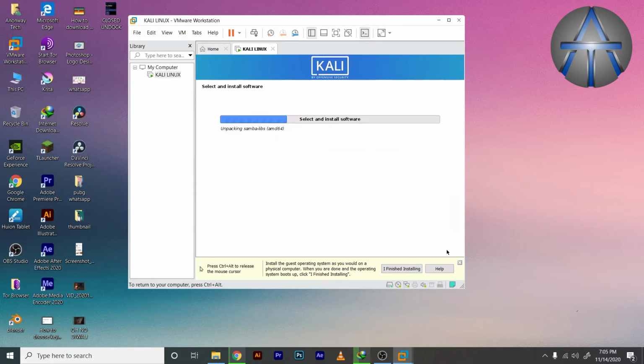And after continuing this, you will get the next window pop up, and here the whole system will start installing. It will take some minutes, and you have to wait and watch. As you see that it will take some time, so don't turn off your VMware or your PC, don't lock it, and keep your PC on and wait.